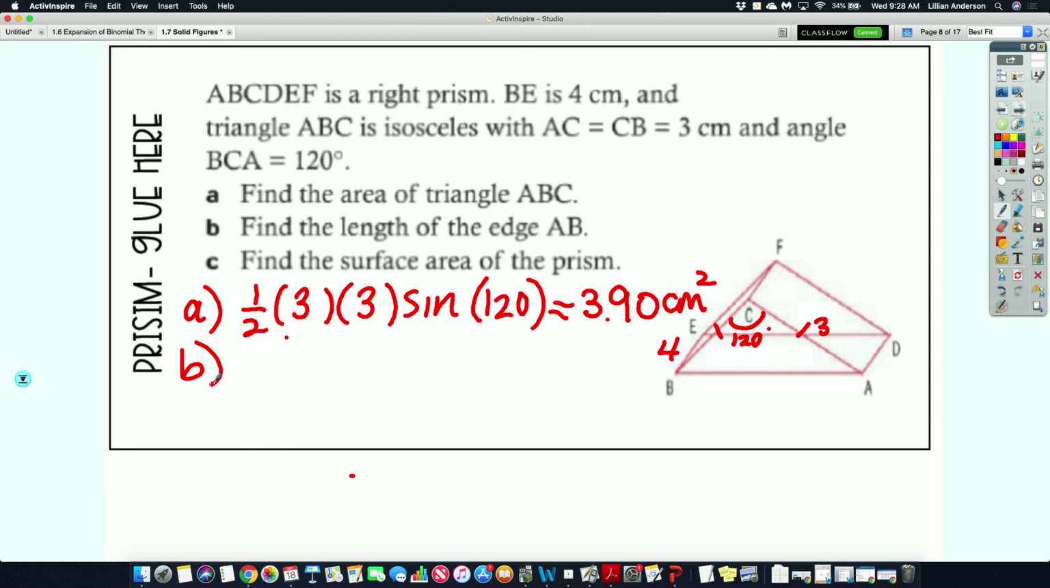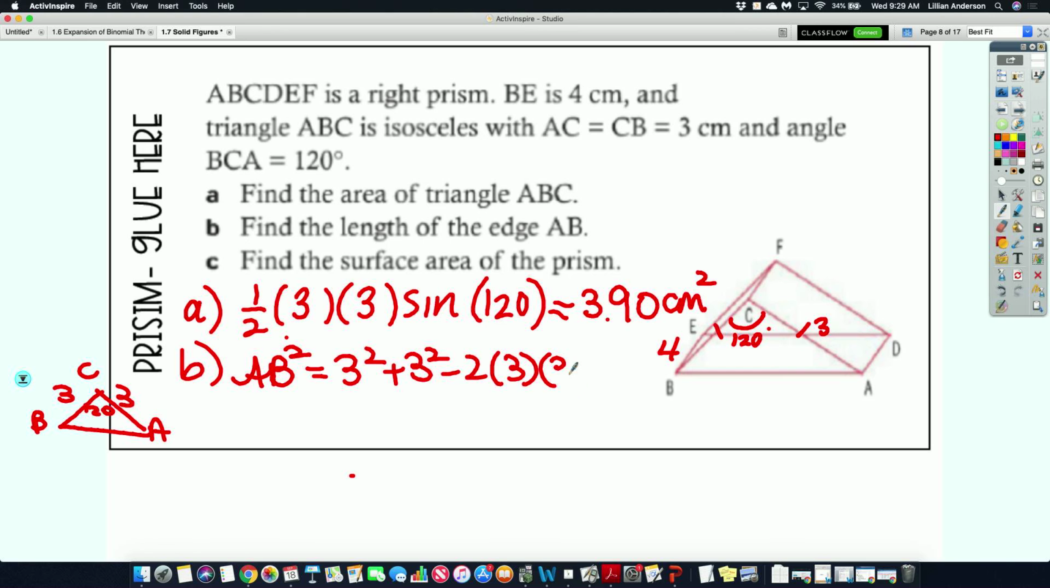So I'm going to draw it really quickly off to the side. So we have B, C, and A. This is 3, 3, and 120. So yes, two sides and included angle, we are going to do the law of cosines. Which basically says that this side squared should equal 3 squared plus 3 squared minus 2 times 3 times